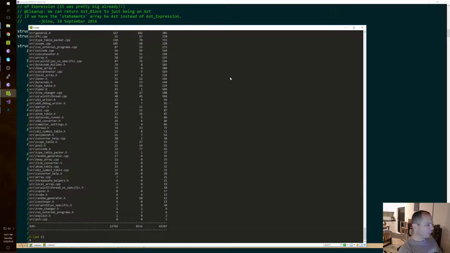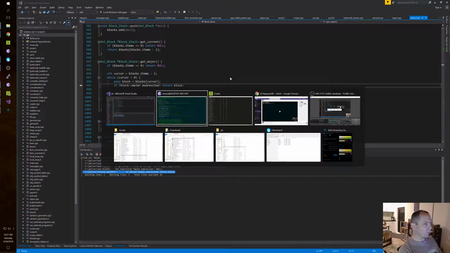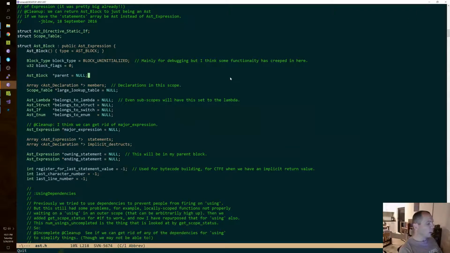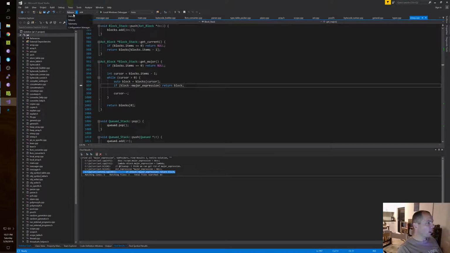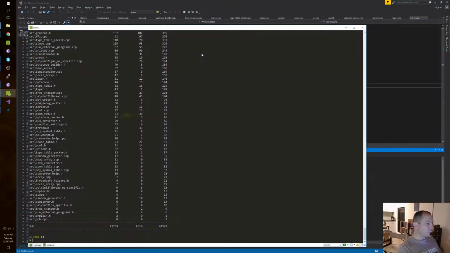Before I delete the member, I want to change the routine, the get major, to just be what I think it should probably be, functionally. Then once that works, I can replace the places it's used. So before we do anything, let's make a debug build and make sure we can compile Sokoban without asserting. I'm pretty sure we can, but we did a lot today. It doesn't hurt to be careful.